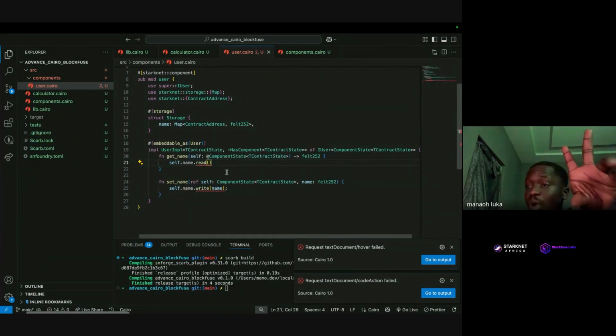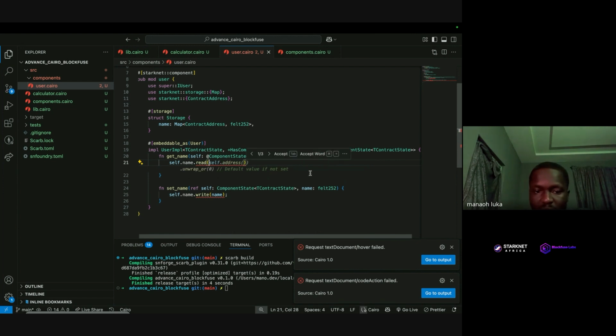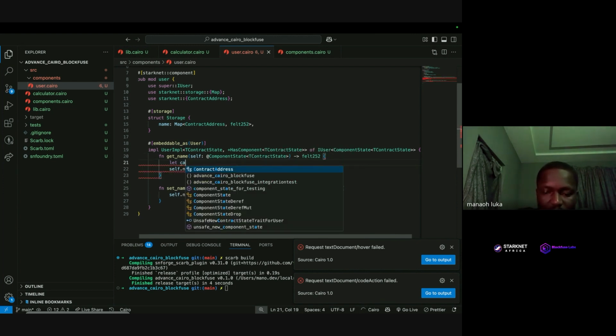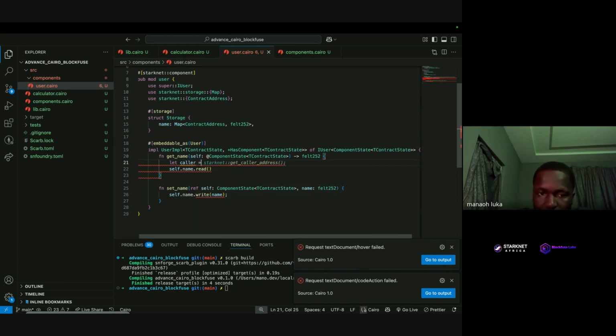So why it's telling you 2 arguments is because the first argument is the contract state, which you already have inside of it, right? So the next argument is the parameter I want to use to get or read from that state. So in this case, we need a contract address. Let's say caller. So whosoever called this, we are going to get his name. So to get caller, we say let caller equals to